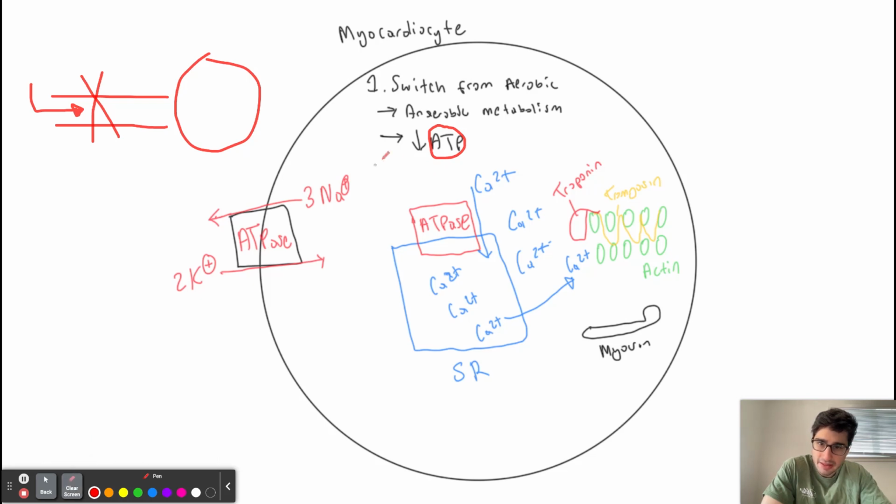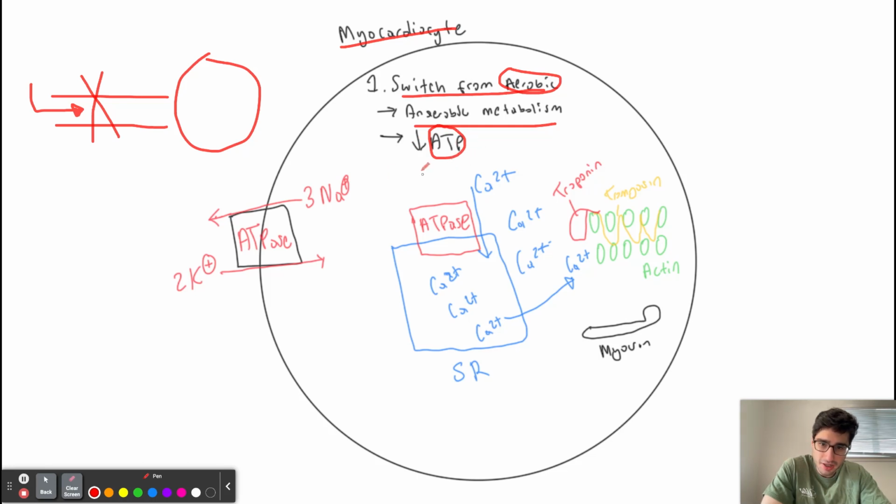Now, if we have a decrease in oxygen reaching the myocardium, then there's going to be this switch from aerobic to anaerobic metabolism. Because remember, with aerobic metabolism, we need oxygen because oxygen is the final electron acceptor. When we switch from aerobic to anaerobic metabolism, we're going to generate a lot less ATP. And this decrease in ATP is going to be really important because we need large amounts of ATP